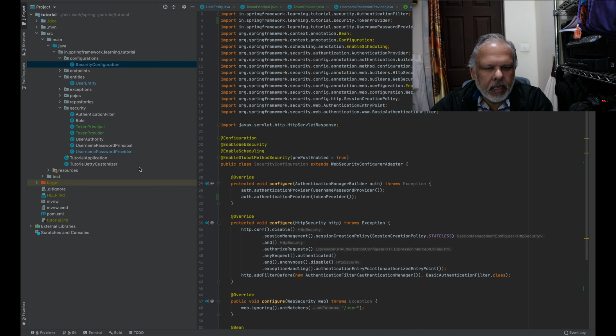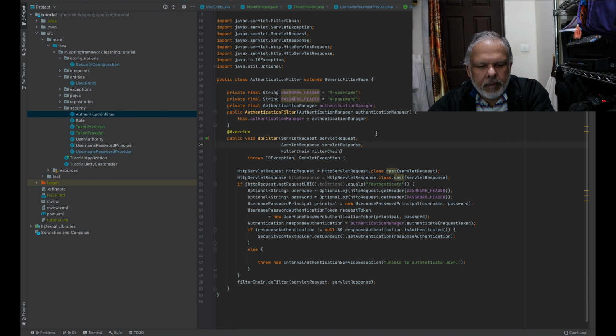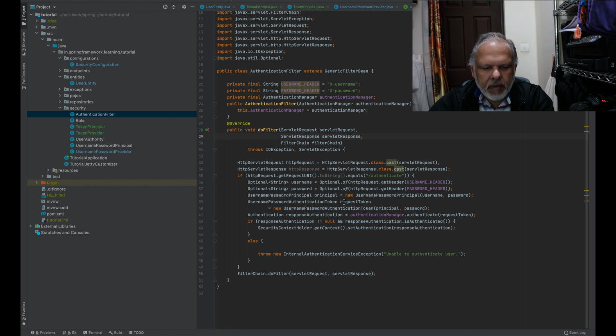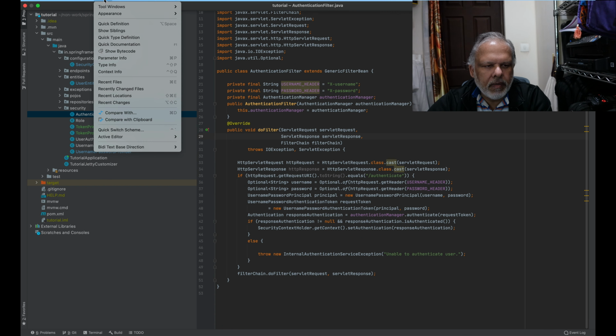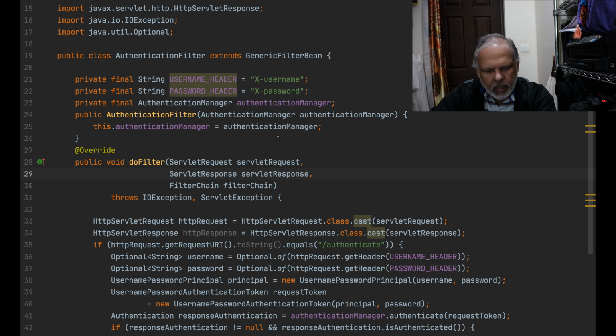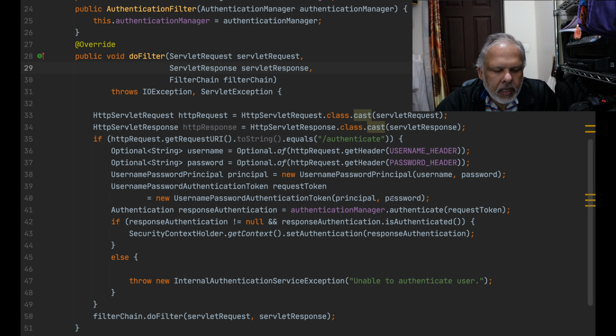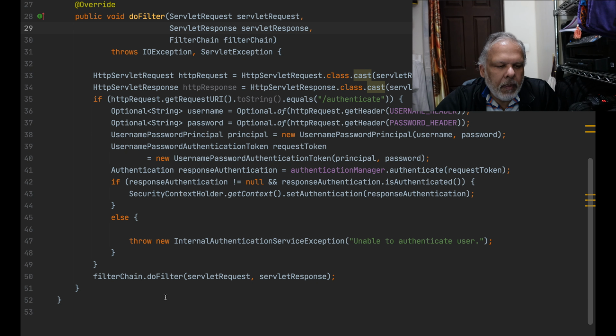Now I think the only thing that is left is that we have to hook it up in the code in authentication filter. So if you really see, this is what we are doing right now in authentication filter. Our code is very simple, that if the URL is authenticate, then we go ahead and do this thing that we are doing, and we install the context. Otherwise we just continue. So what would really happen is that if you have any other URL apart from authenticate, it will just always go through the filter chain and succeed. So we don't want that. What we really want is, if